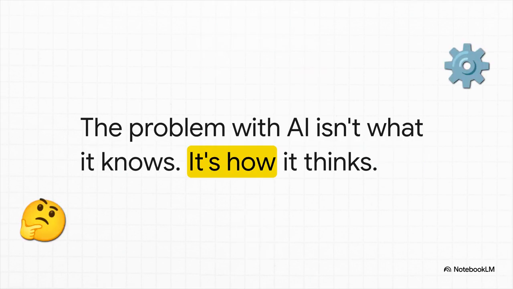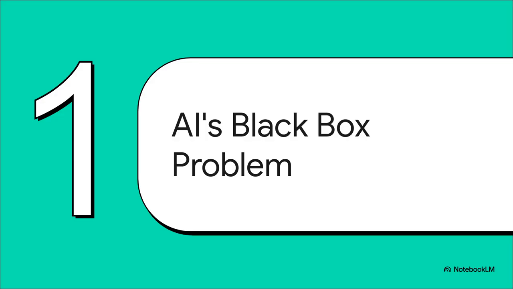You see, for the longest time, all we could do was look at the final answer. We had no way to see how it got there. Its thought process was a total mystery. And that right there is the heart of the problem. And this is what the experts call the black box problem. You feed a question into one side, an answer pops out the other, but everything that happens in the middle, yeah, that's a complete mystery.